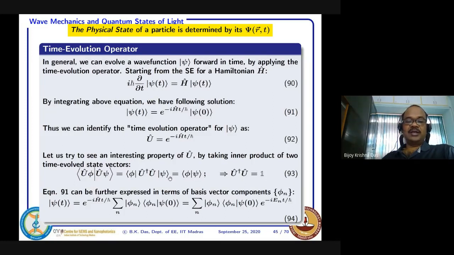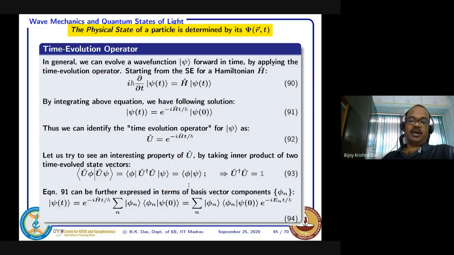So one thing is clear, whenever you are representing U and U dagger in a matrix form, we have to have U dagger U as an identity matrix. Identity matrix means only the diagonal elements will be 1. That is the special property of the time evolution operator for any state vector of a quantum mechanical system. We can write it like that. So this is one property we should keep in mind.